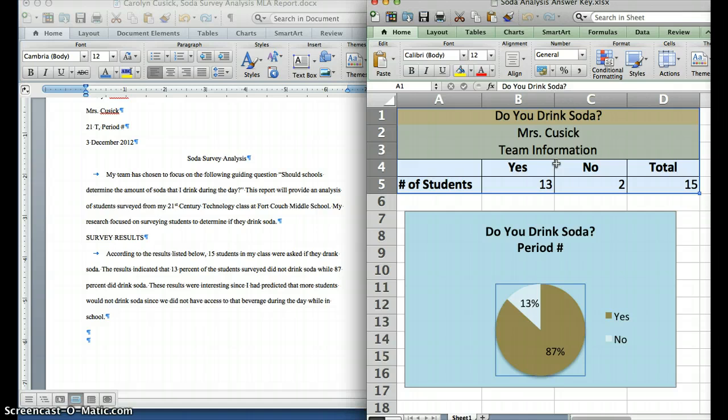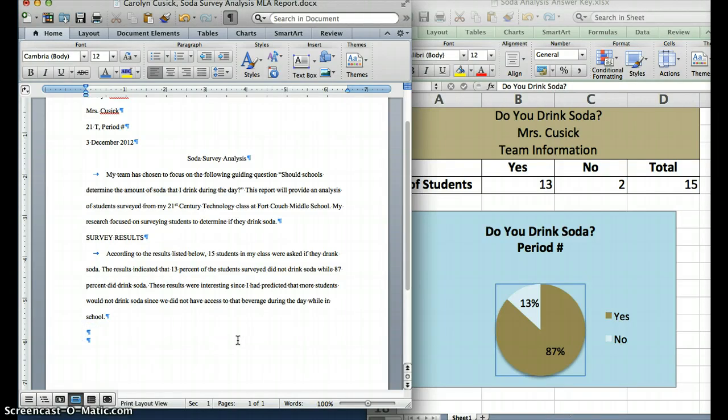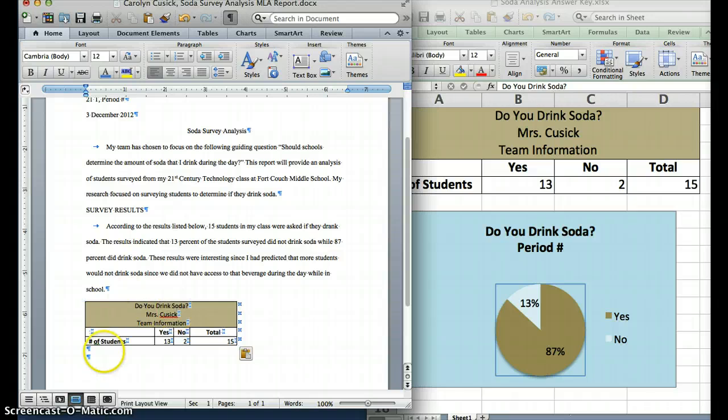I select my content from Excel, I copy it, I like to use Command C. I come over to my report and I paste it in. Sometimes it's hard how that comes in just because of the show hide, all those enters and spaces and things like that. So I'll take care of this in just a minute, but let's